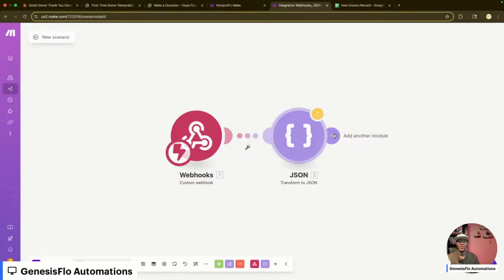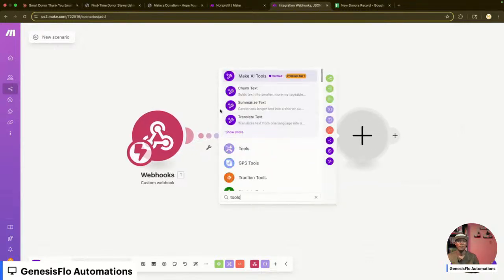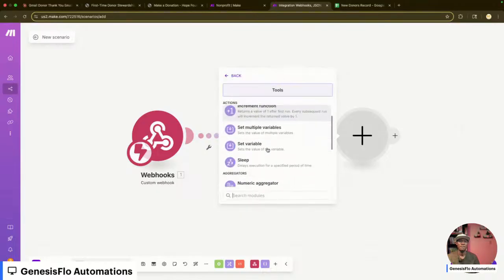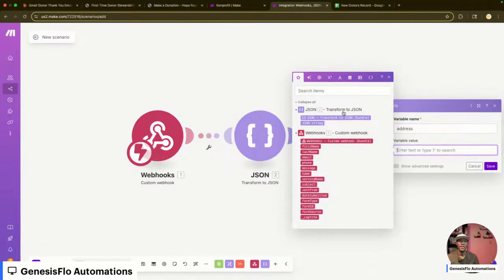So I'm going to say subject here. Let's just say that for this. And then after we do that, we want a tools module, which we will do is set variable. And this variable is going to be the address, let's say, and we're going to take that from the JSON string.